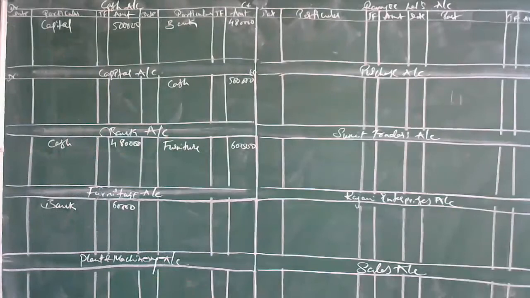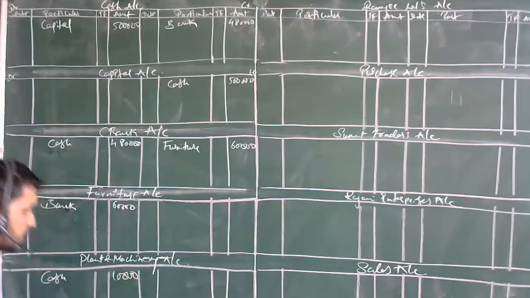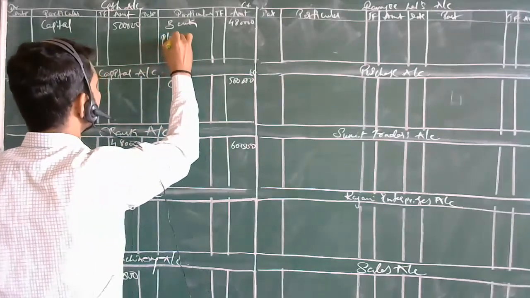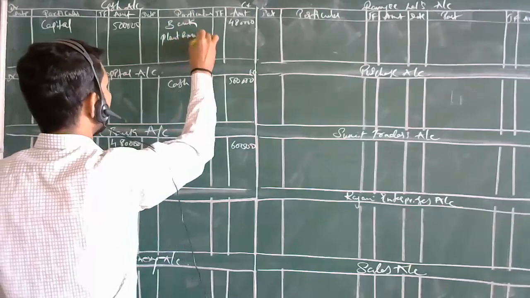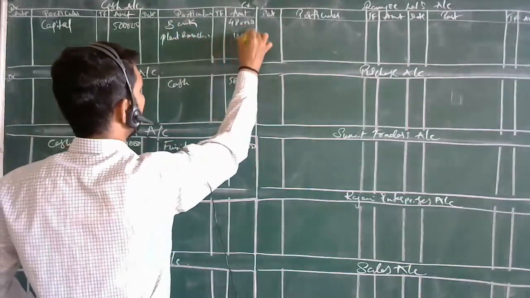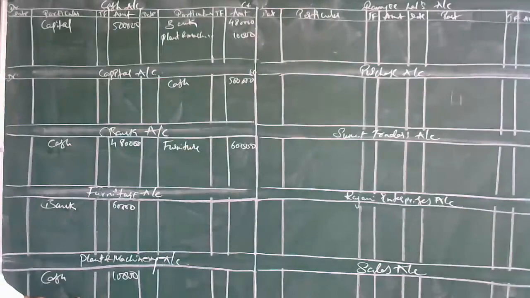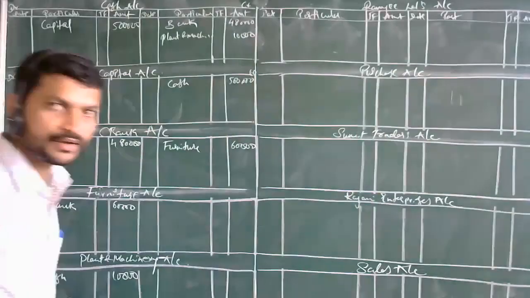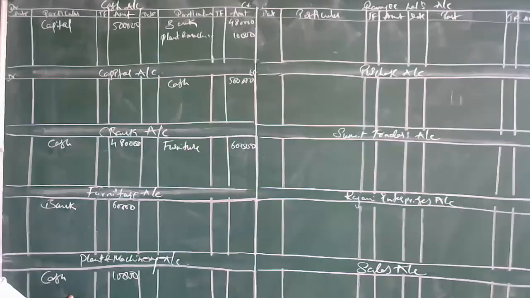Now how are you going to pass these 2 things? First thing you are going to show in the plant and machinery account. What are you going to show? Cash 10,000. Whatever advance has been paid, you are going to show here, 10,000. And here, cash you have paid, means plant and machinery 10,000. Okay, the cash got over. Now one more thing, Ramji Lal account. Ramji Lal account is credited over here. So what are you going to show over here? Here in this Ramji Lal